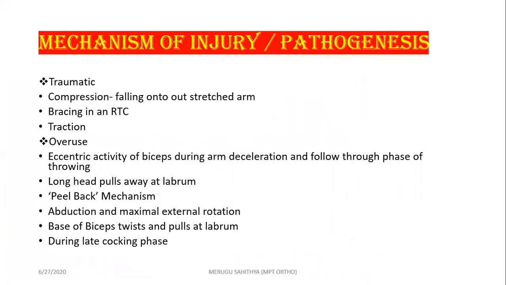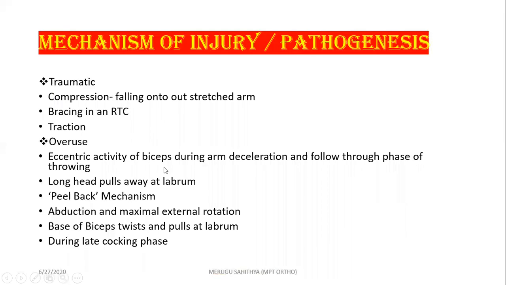Coming to the mechanism of injury, the mechanism can be due to trauma or overuse. Due to trauma: compression, that is a FOOSH, falling onto an outstretched arm, bracing, and traction. Coming to the overuse mechanism of injury,